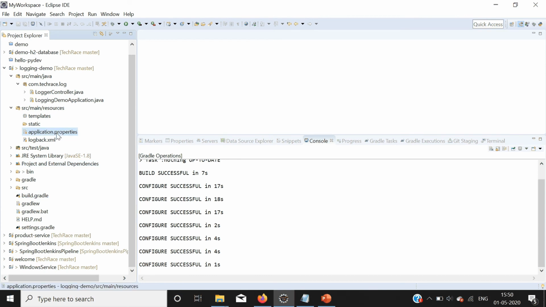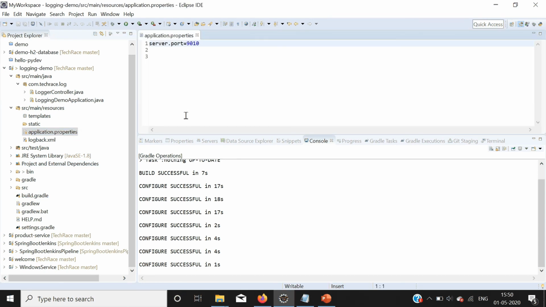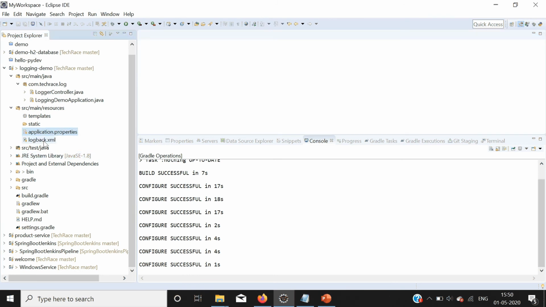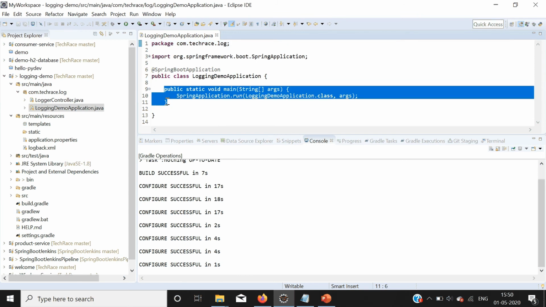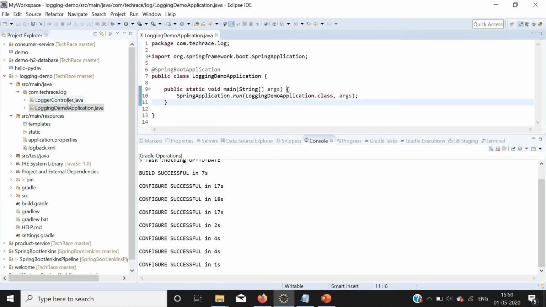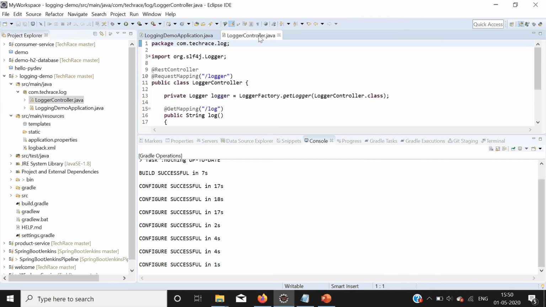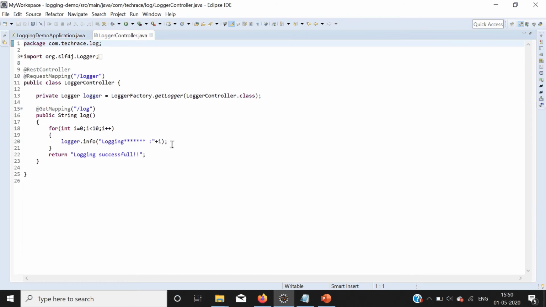Next we will go to the application.properties file. Nothing much here. We will be running the application on the 9010 port. And then this is a Spring Boot application class, a very simple Spring Boot application class. Then I have defined a controller class which has one simple endpoint,